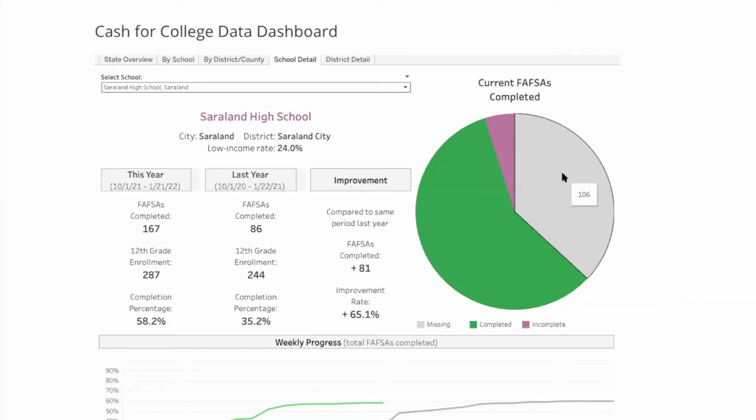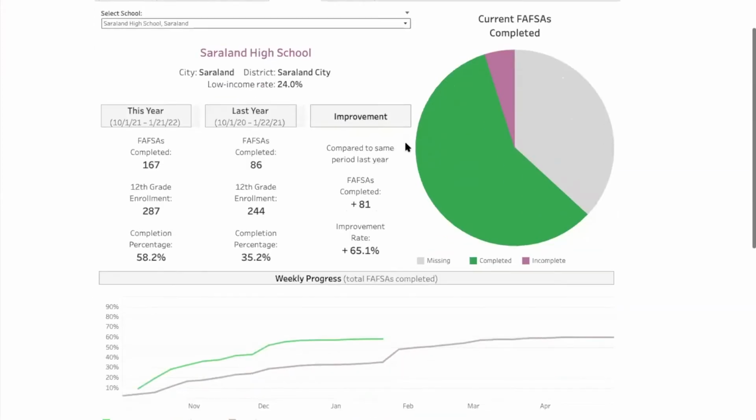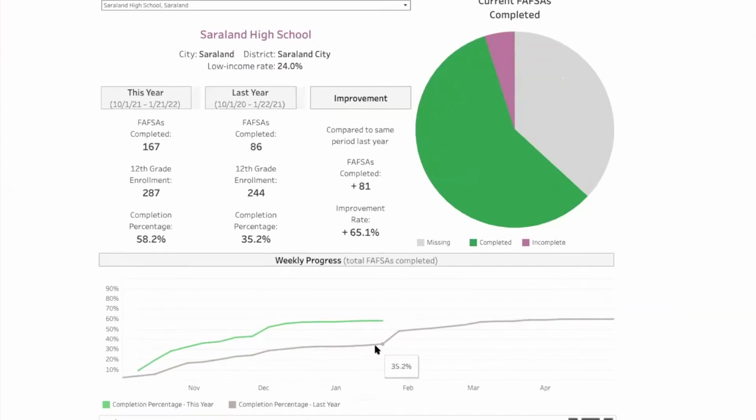So this is showing an individual school. I think this page is really useful, especially for the beginning of the year when you are goal setting. You can look at the progress bar from last year to kind of give you an idea of what targets you want to hit week to week or month to month. And then you can just continue to monitor your progress throughout the year.